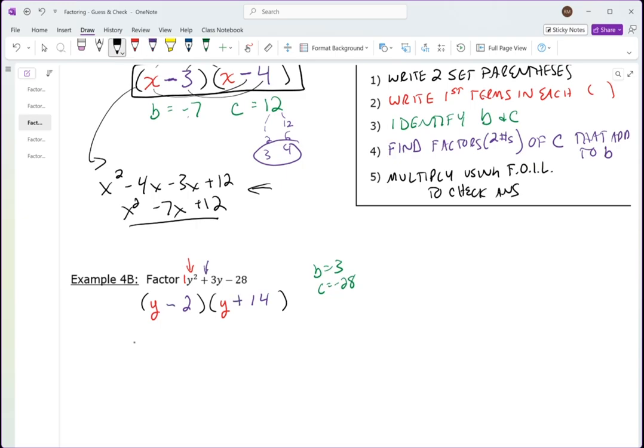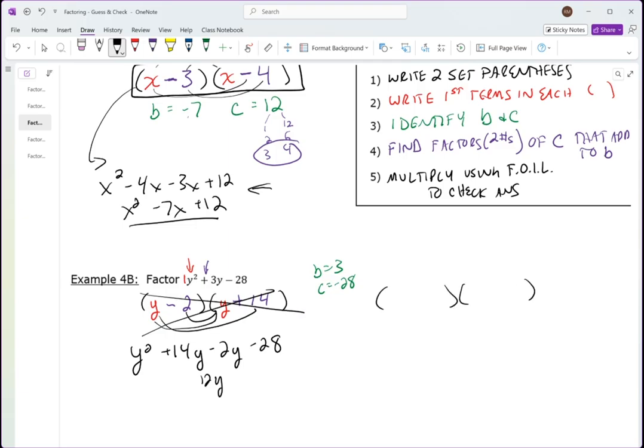Then all I have to do is check by FOILing out. Plus 14y minus 2y minus 28. But this ends up being 12y. So I know that that didn't work. So then I go back and I start again. I label my first terms here. Now I know that the only two other factors besides 1 and 28 that I can think of are going to be